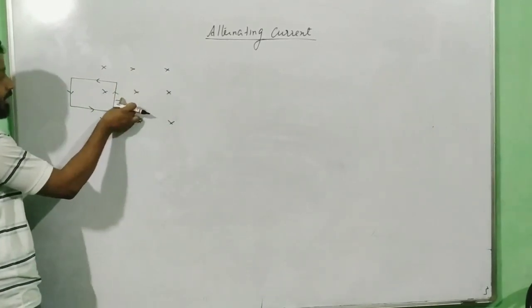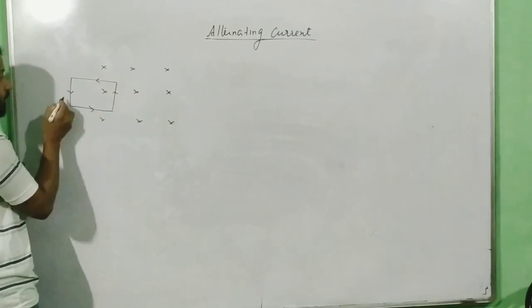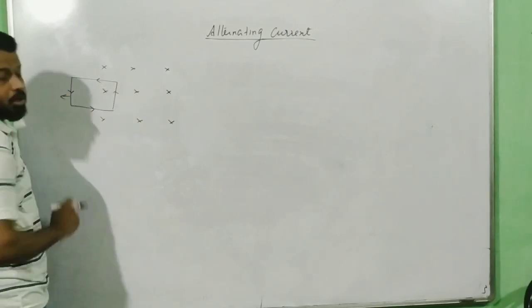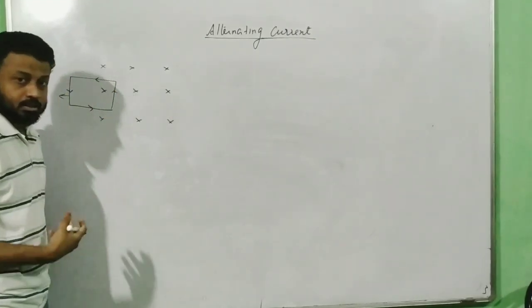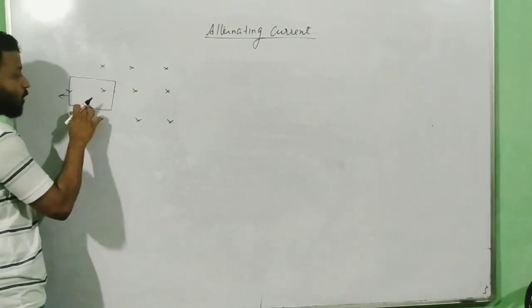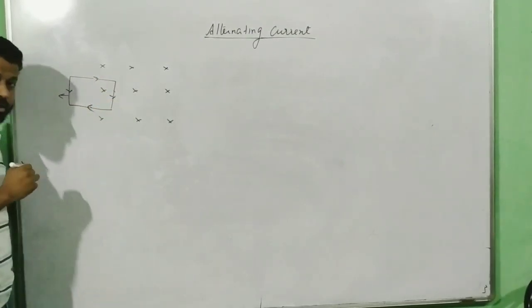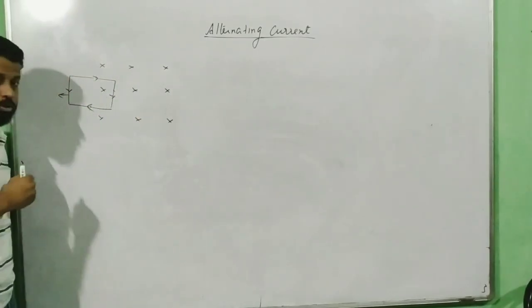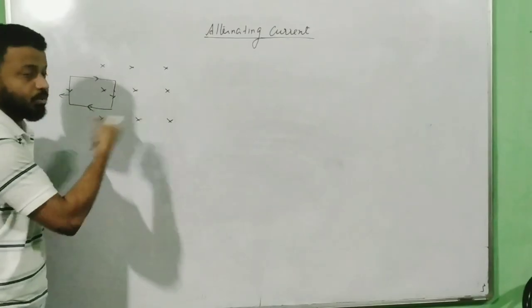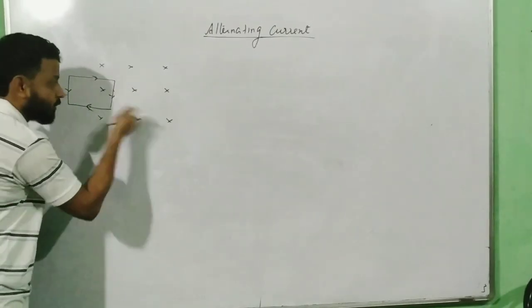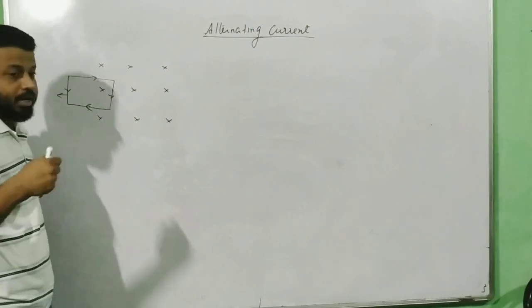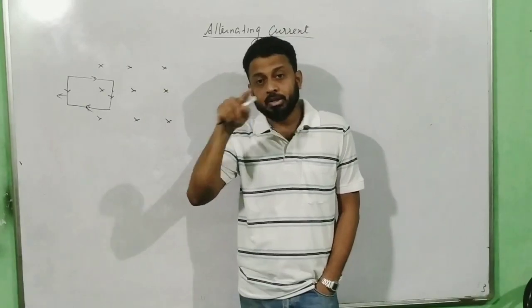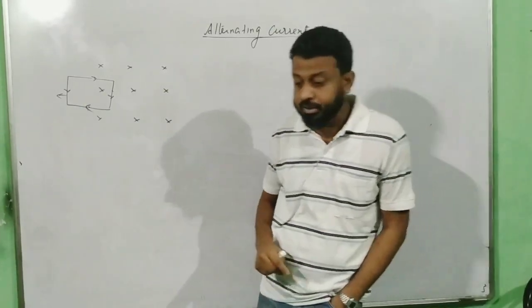Now imagine I reverse the motion of this loop, and I start taking it out. As I start taking it out, the flux starts decreasing, so now the current will be clockwise. Correct? So what has happened here? When you take it in, it's anti-clockwise. When you take it out, it is clockwise. Now imagine you are doing this regularly or continuously. If you continuously do this, what will you get? You will get an alternating current. That means the current direction will keep on changing after a given interval of time.